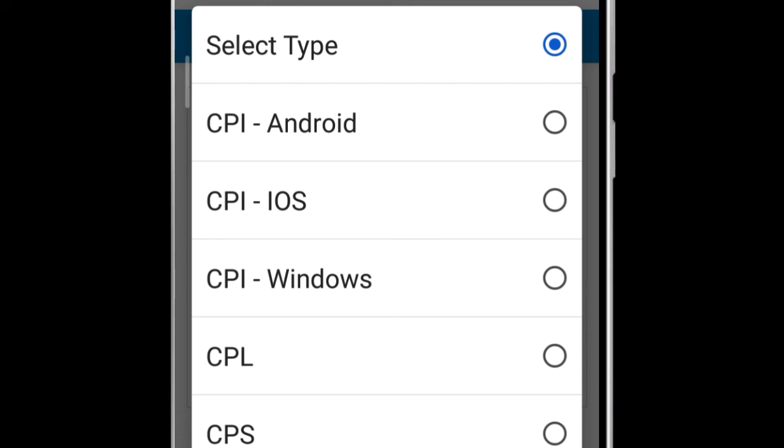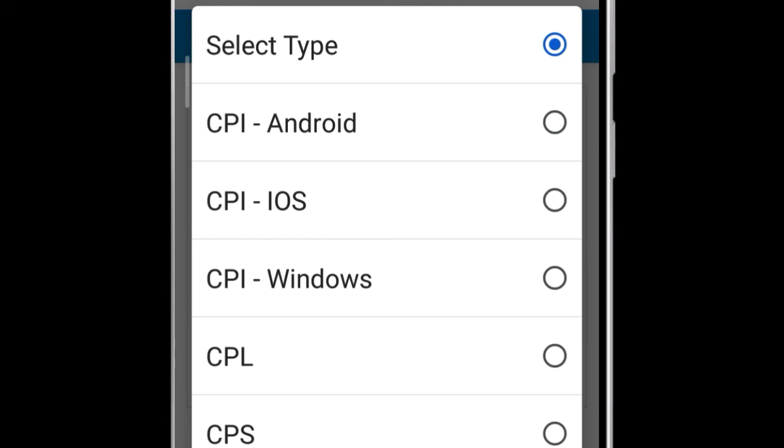So what to do, you need to promote such types of campaigns where your visitors will sign up a form and fill in their details like Gmail ID, phone number, name, location, etc. These are called cost per lead. If you select this type of campaign, that means you need to drive leads, simply the information of the clients who are interested in a particular product or service. Obviously the person who is seeing the ad is interested in that product or service, that's why he or she will fill in the details, right? He will give his name. This is the thumb rule. Exceptions are there, maybe. So this is called a lead.